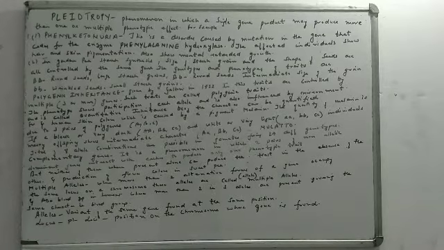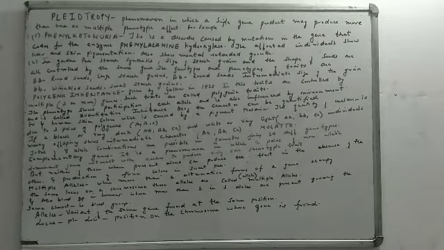Here we have an example. There are two examples which I am discussing for pleiotropy. Again keep in mind what pleiotropy is: only one gene is there, and that one gene product is responsible for more than one phenotypic effect. The first example of pleiotropy is phenylketonuria. You may have heard about this disorder, phenylketonuria.